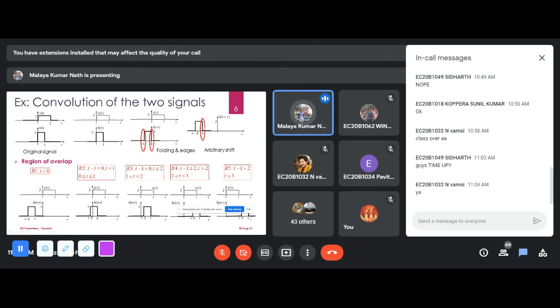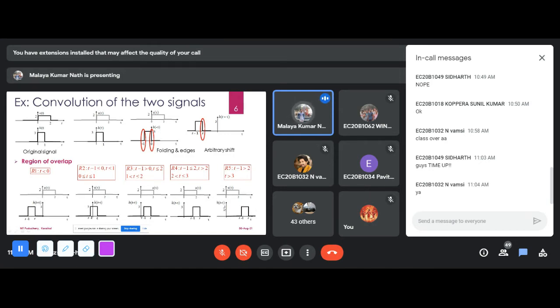Now, if I gradually shift the signal over this x of tau, now look, this is nothing but h of t minus tau. This will give rise to some overlapping of x of tau with h of t minus tau. This is called your partial overlapping condition. Then this is called your complete overlapping condition. That means when h of tau is moving inside x of tau, a complete overlapping occurs, right? And this complete overlapping will occur till 2. When the signal h of t minus tau crosses this 2, there will be a partial overlapping. Again, if you shift further, there will be no overlapping.